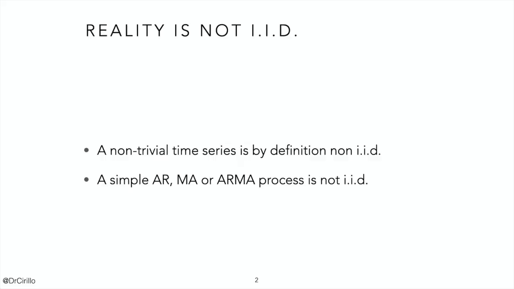It is no big surprise that in any serious, non-trivial time series model, the i.i.d. hypothesis that we have used in extreme value theory does not hold. So if we play with an autoregressive model, a moving average model, an ARMA model, and an ARIMA model, clearly we cannot assume that our observations, our x's, are i.i.d., so independently identically distributed. This means that obviously one of the fundamental assumptions for the Fisher-Tippett theorem to work, and also for the other results that we have considered, does not hold.